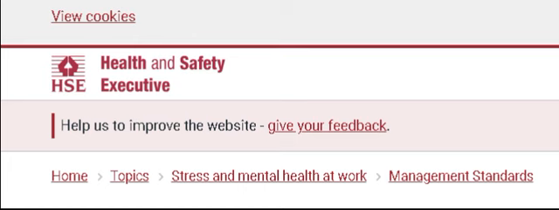Search. Copyright. Cookies. Privacy. Accessibility. Disclosure of information.